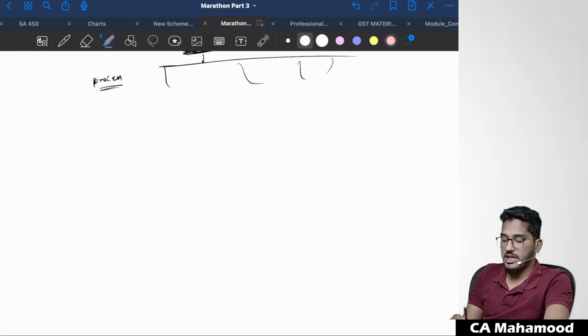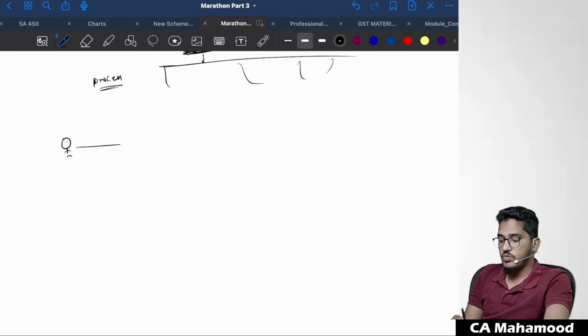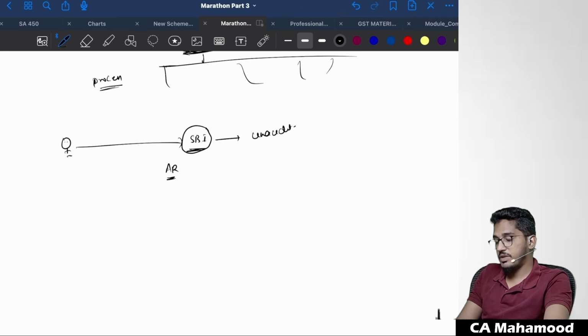What is that disclosure? Take for example, if you are the principal auditor of SBI. So if you are the auditor of SBI, you are giving an audit report on the entire SBI. What you should state extra in your audit report is, you have to find out, of the entire branches of SBI, are there any unaudited branches? You have to find it out. So for example, as an auditor, I came to know that out of this entire SBI's audit, there were some 10 branches which were unaudited. I have to mention in my audit report that there were a total of 10 branches which were unaudited.